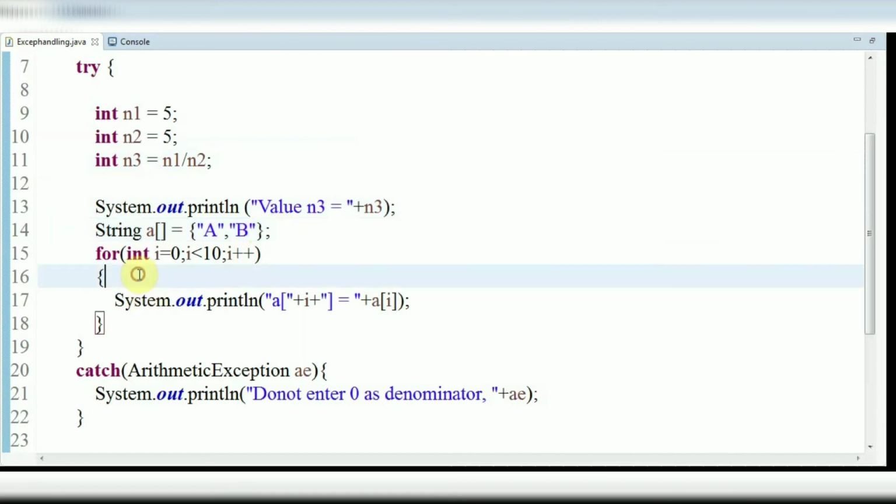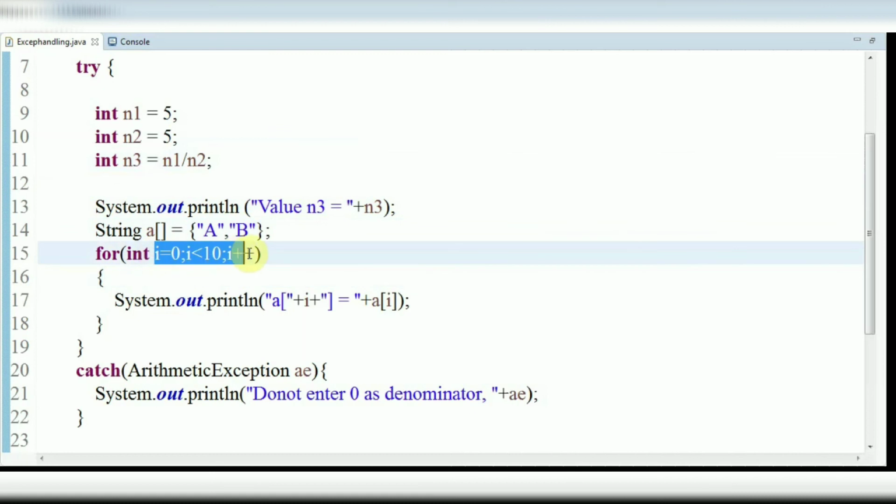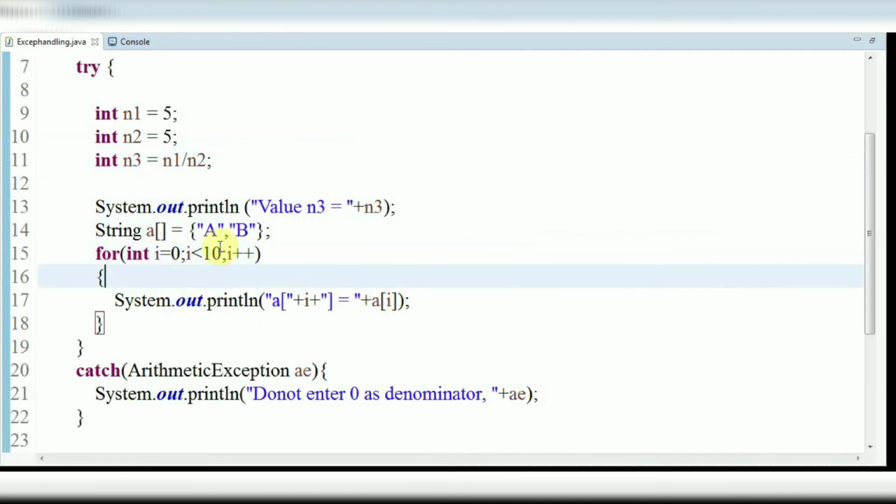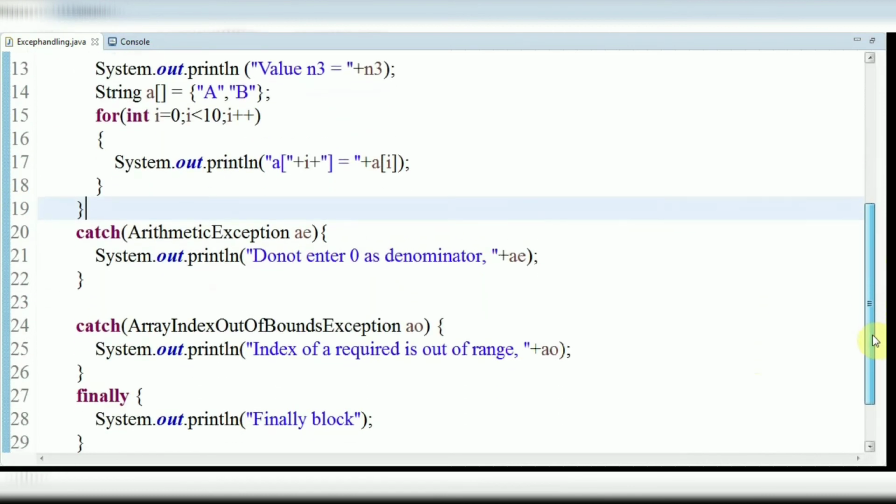Next I used a for loop with first initialization, then condition, then the increment operator. I'm trying to print the values of a inside the for loop.